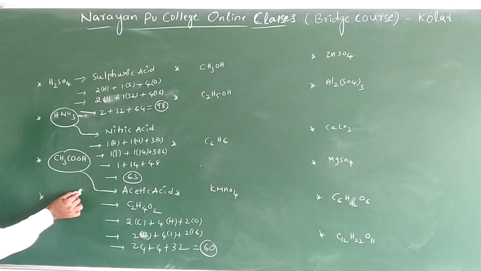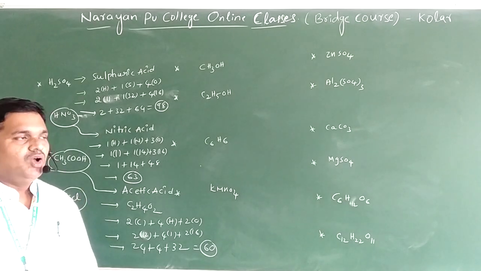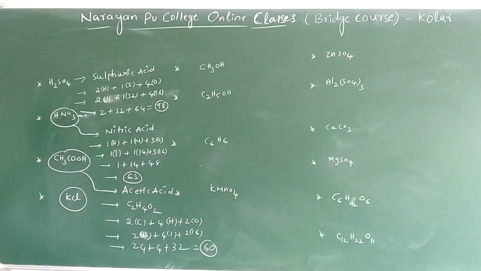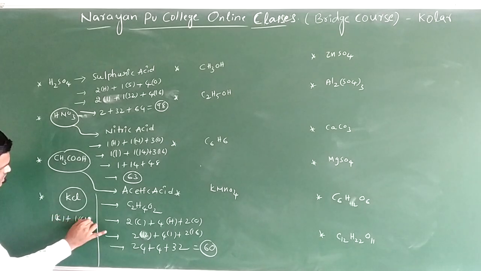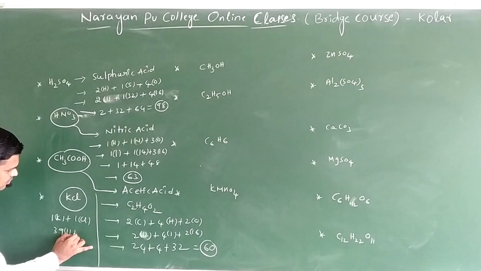Now you can see another example. We have KCl. What is the full name of KCl? Potassium chloride. How many potassiums do we have? Only one potassium, that means one potassium ion and one chloride ion. I am writing here 1 into K plus 1 into Cl. Potassium weight is 39, into 1, plus